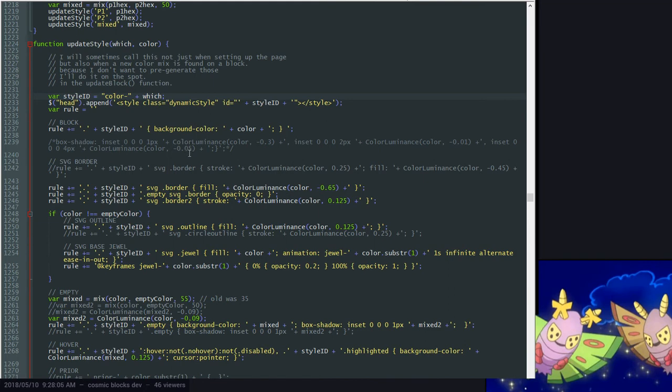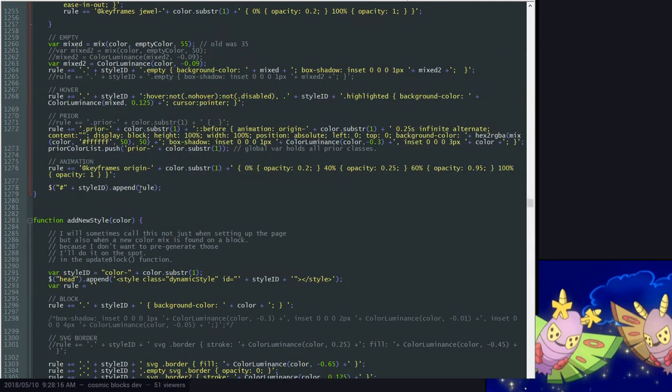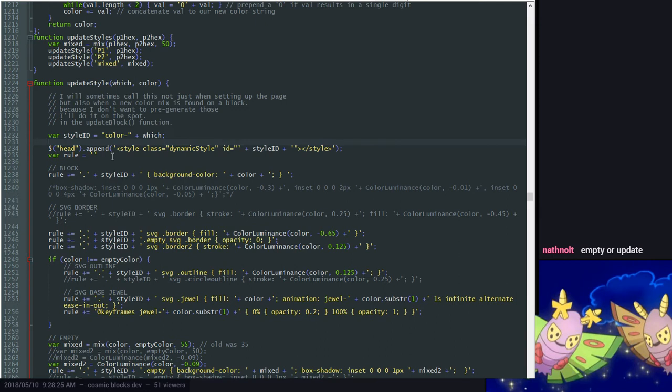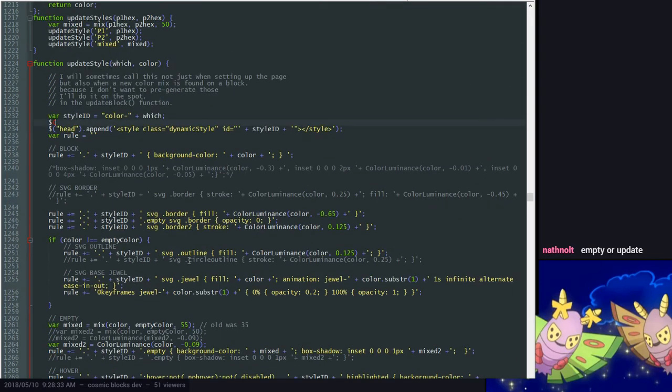Or you'd want to empty it or something. Let's see, how do I do it? I append a style tag, and then what? I just append the rule? Yeah, okay. So just remove everything in it. So you would just want to do style ID empty,